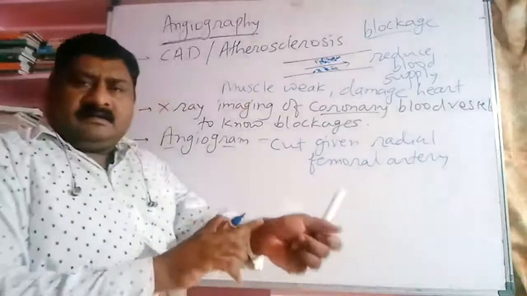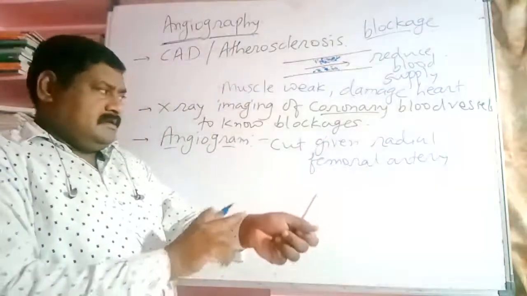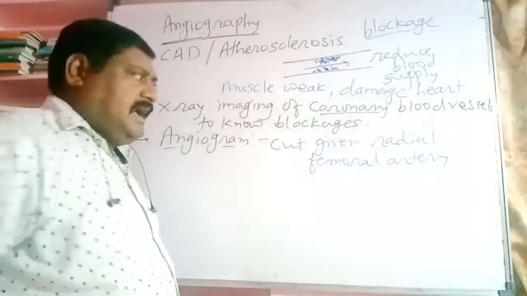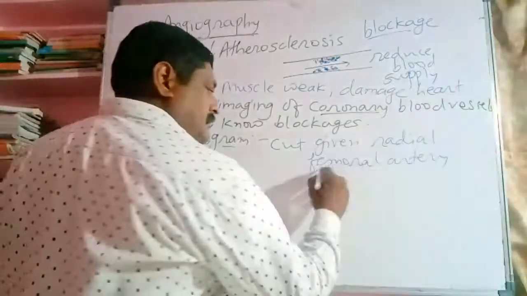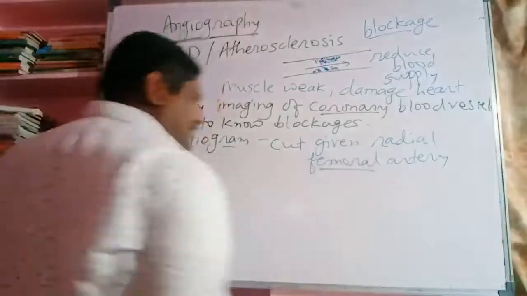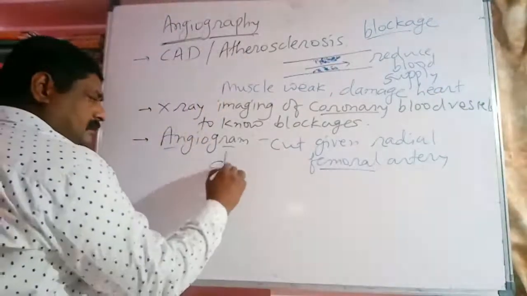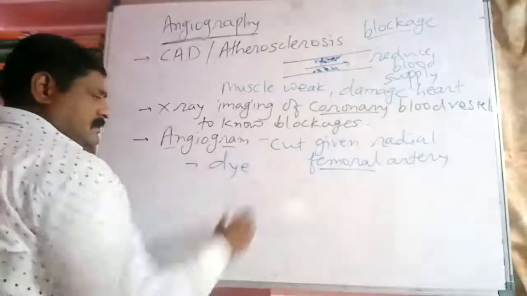The radial artery is in the wrist region, and the femoral is in the upper region of the thigh. A cut is given, and through that cut the dye,